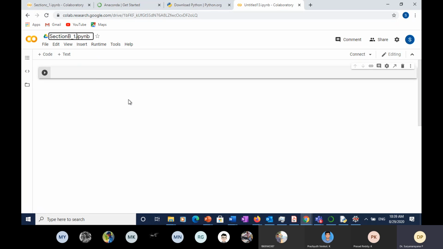Section B and the first program. Now I'll say connect. This command will give me a connection to one computer in the backend that is provided by Google. So this is so nice, right? Because all I need is a browser, and you have a browser on your cell phone also. So go to your cell phone, use a browser, and we don't need to install anything on your computer, Python and all, because this is running